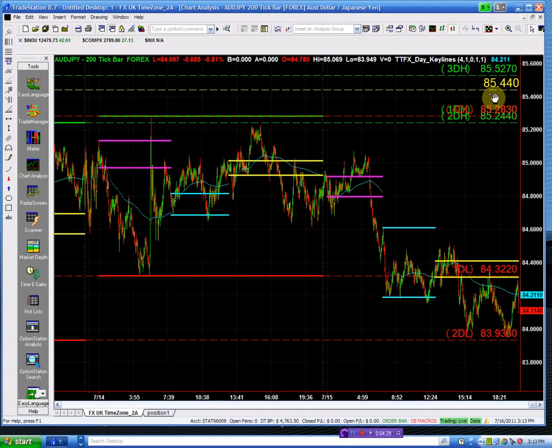Yeah, this is the area right there. So this is where we are going to be a buyer, above 85.30. This is our buying point. So any trade over here,